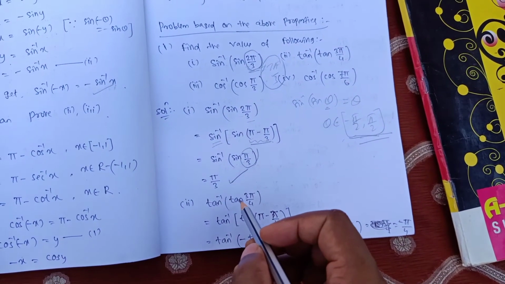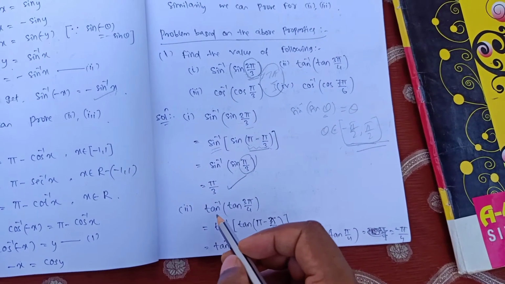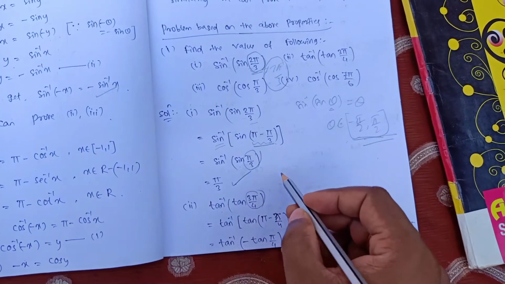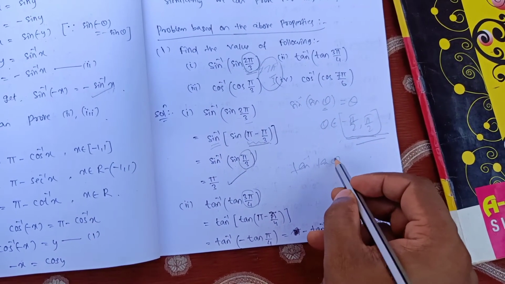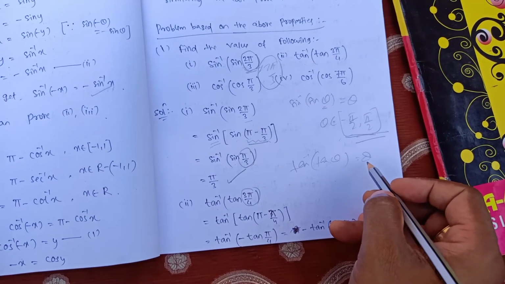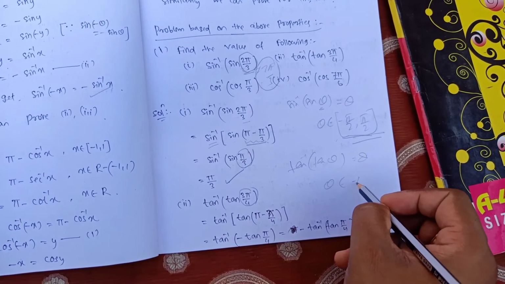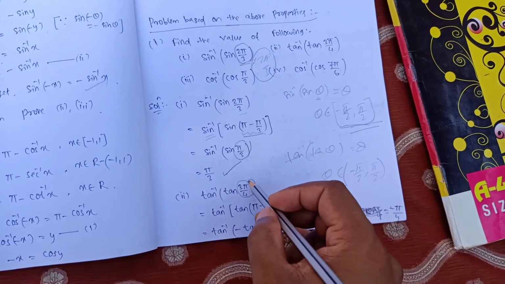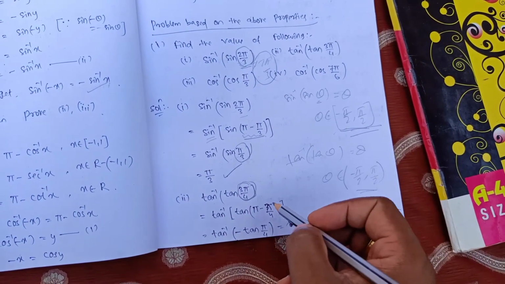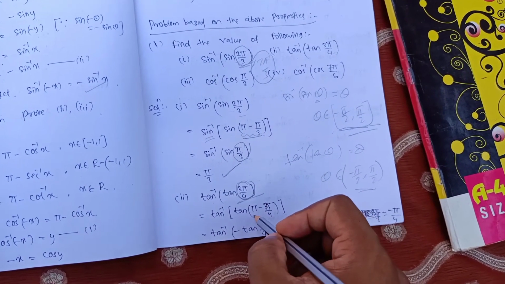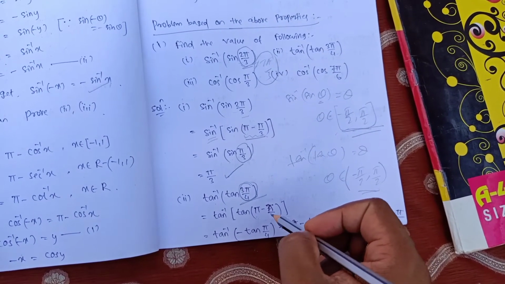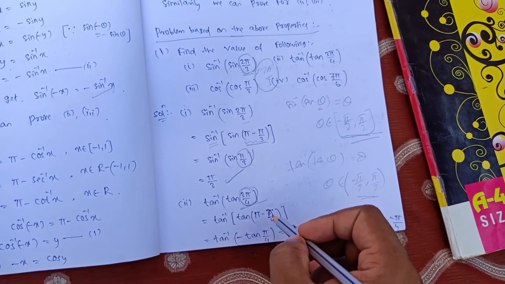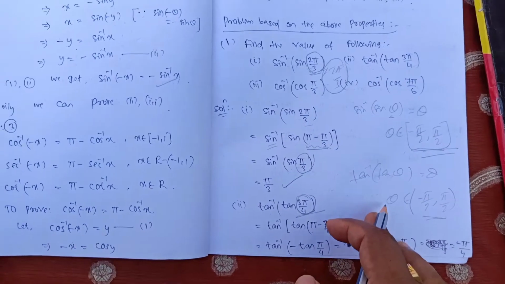It is tan inverse of tan 3 pi by 4. So before you cancel tan inverse and tan, think about theta. Remember that tan inverse tan of theta is equal to theta only if that theta belongs to the interval minus pi by 2 to pi by 2. But here this angle does not belong to this interval. So what to do? This angle is nothing but 180, that is pi minus pi by 4. So what we get? Tan inverse of tan of pi minus pi by 4. Tan of 180 minus theta is equal to minus tan theta.